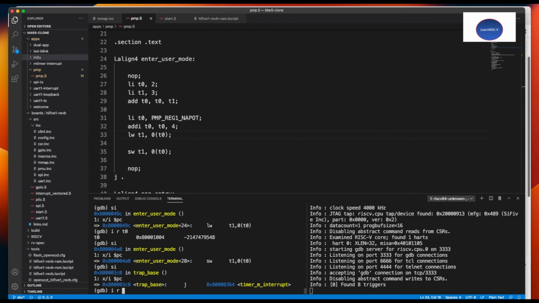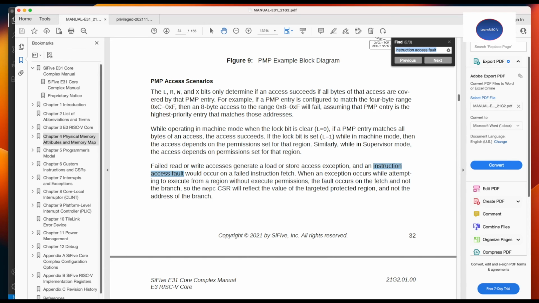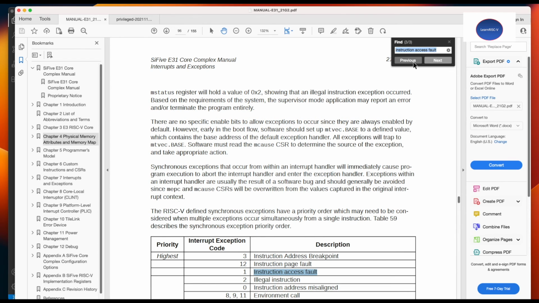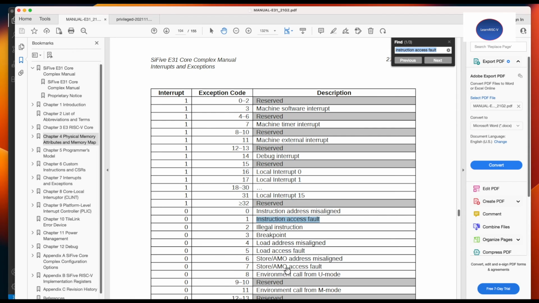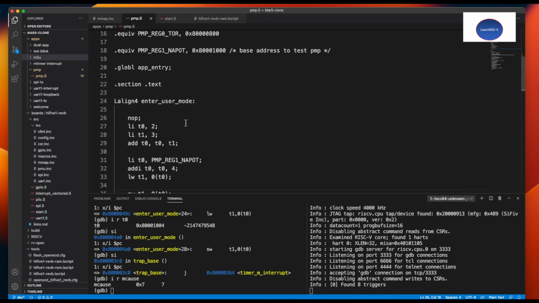And if you see the MCAUSE, it's 7. That is the exception. And let's see what that exception is. 7 is store access fault. Okay. So this is how you can configure and grant or deny permission to user and supervisor level